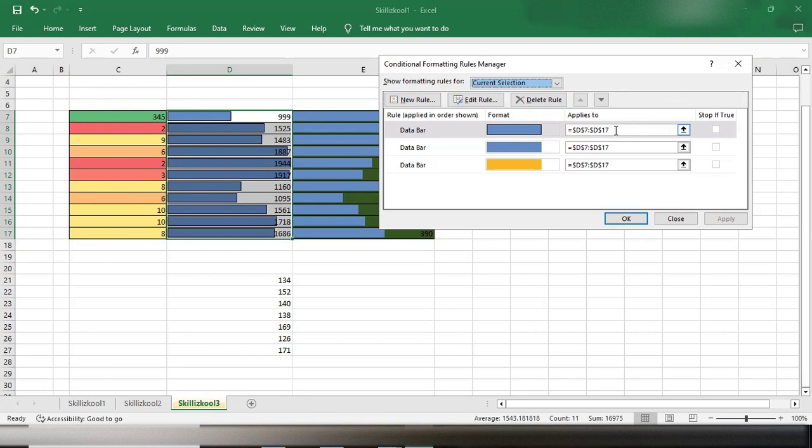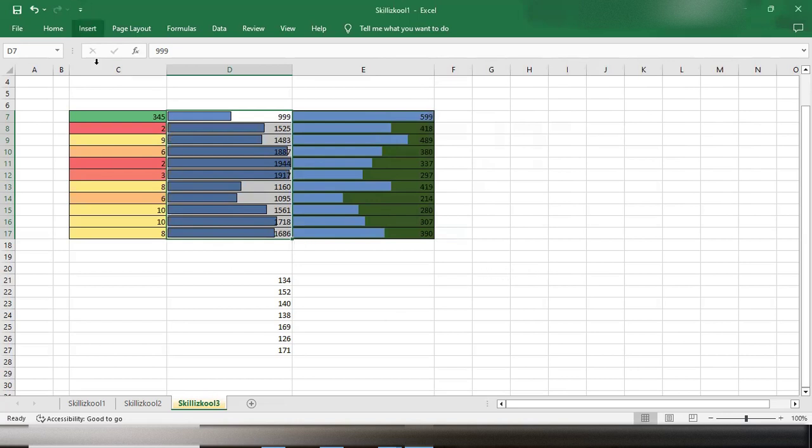And this is showing you the range this rule has been applied to. So here it is D7, D column 7th row, to D17, D column 17th row, and that is considered a range. I told you earlier how to write a range. So this is the way to write a range in Microsoft Excel. Okay, so I'm not changing anything, I'm just using the close option. So that's it for all the conditional formatting. And for now,